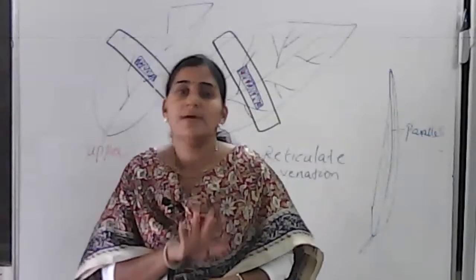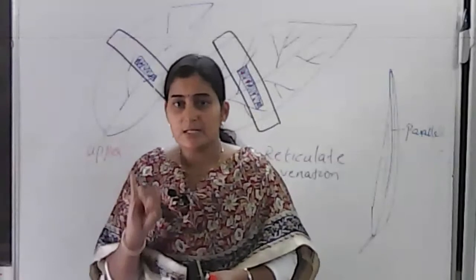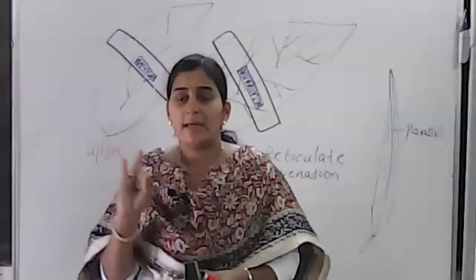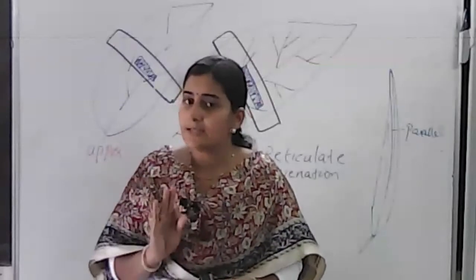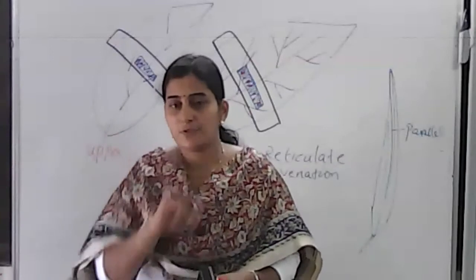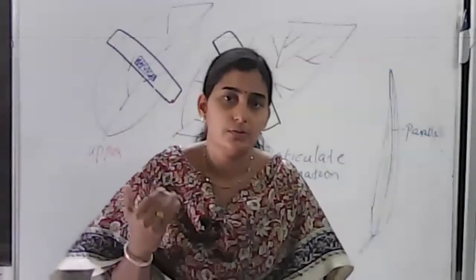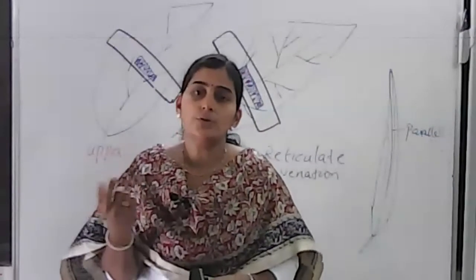So what all things have we discussed now? Mainly the structure of the leaf, the internal structure of the leaf, then the mechanism of transpiration, and the structure of the stomatal apparatus. I think only the diagram of the stomatal apparatus you need to draw and study. The other diagram will be given to you, and you need to label it.